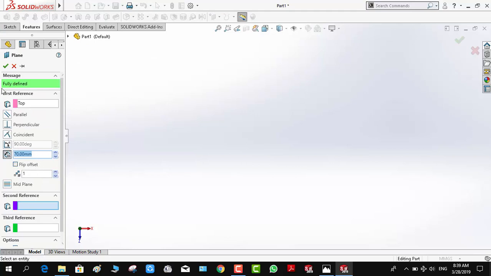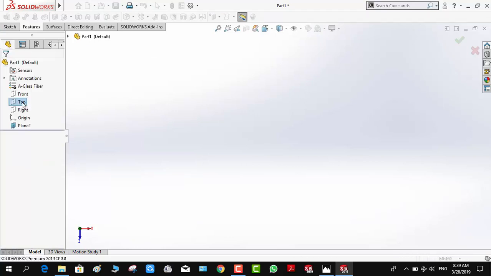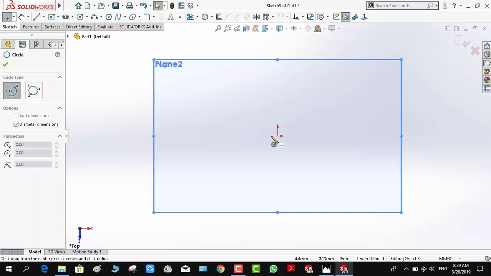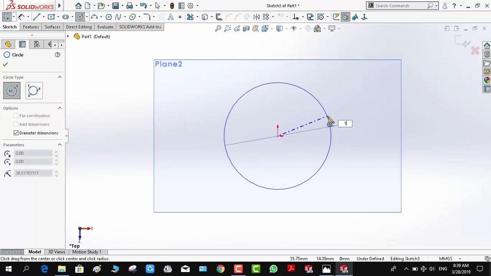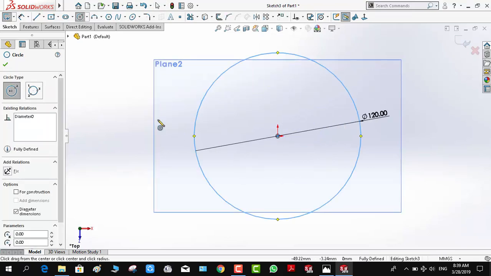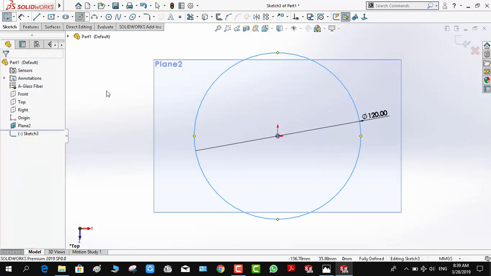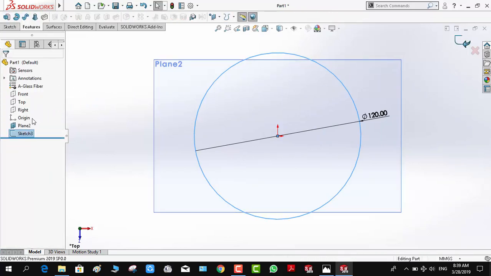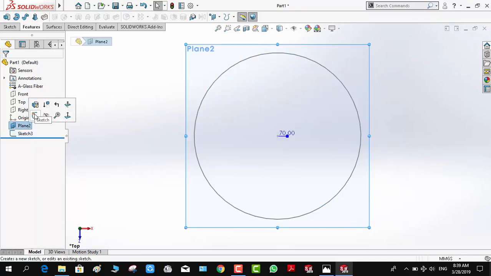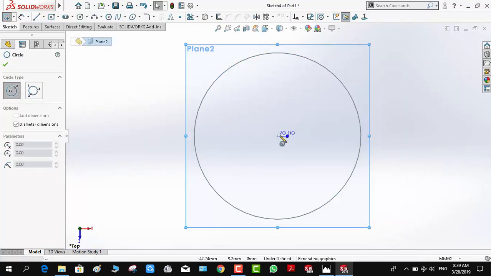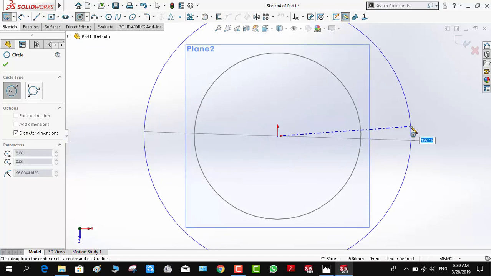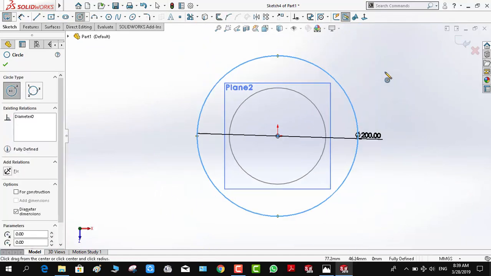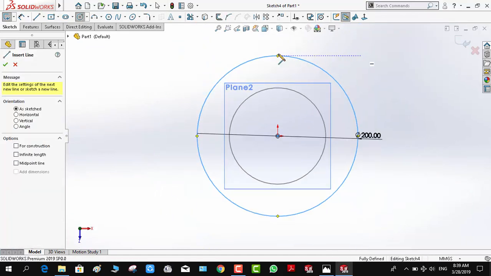with a distance of 70 millimeter. After that we choose top and sketch the base, which is a circle with a diameter of 120 millimeter. Okay, after that we choose plane 2, sketch, and make a circle with 200 millimeter line,